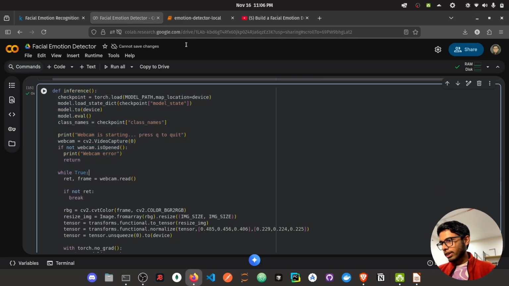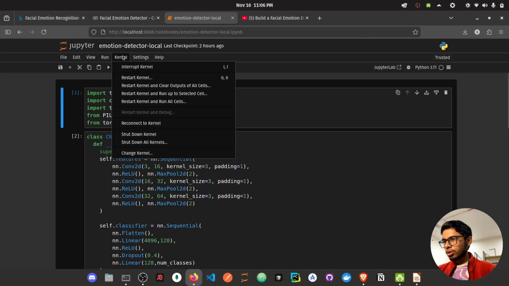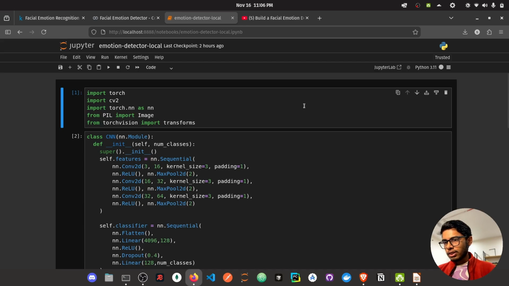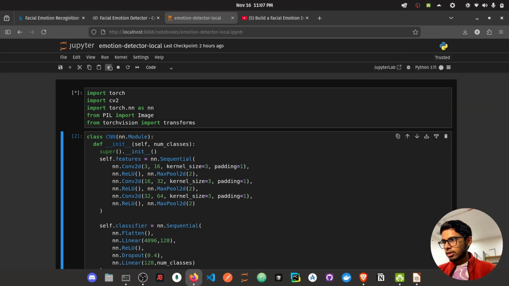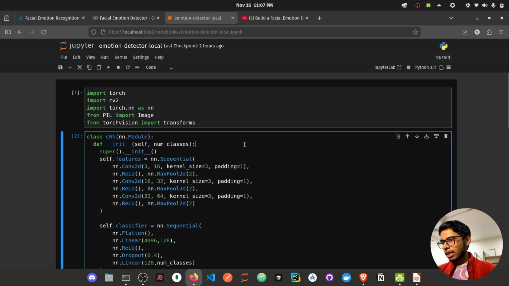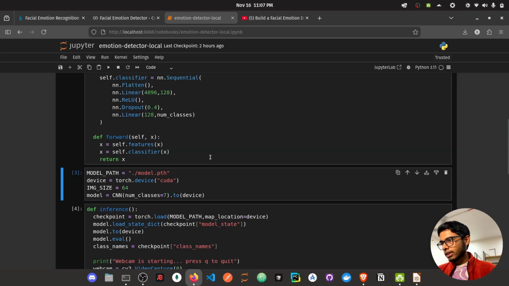You can see this inference over here. This is what we are doing over here. Just to show you, just a second. If I restart this, okay. Now if I run this, it is running. Yes, it is working. Then this is the CNN class that we had built, and if I run this, it